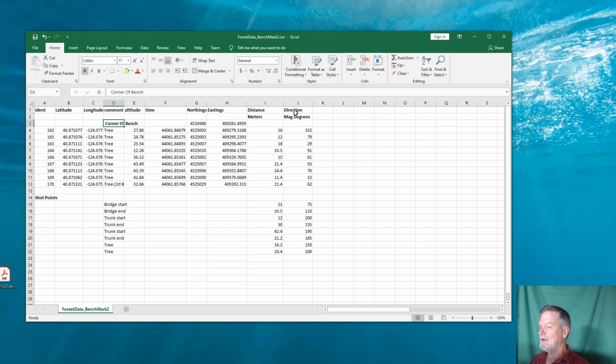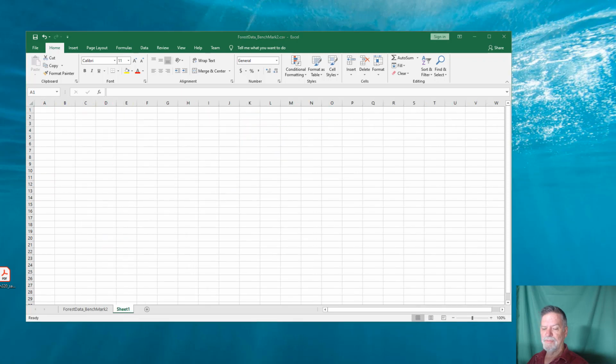Okay, so now we need to get started on computing our new coordinates. So the first thing to do is we've got to deal with these magnetic degrees. Okay, so first we want to convert those to true degrees, or true north degrees. And the way we do that, as I showed, is we're going to be able to take our declination and add it to this. We need to compute the declination because the declination that we got